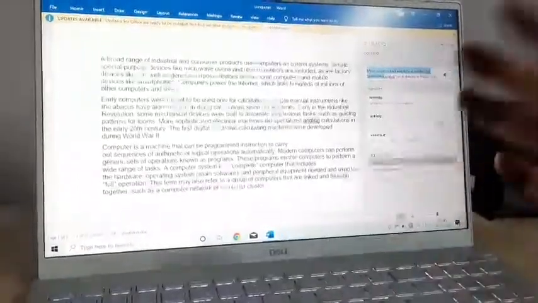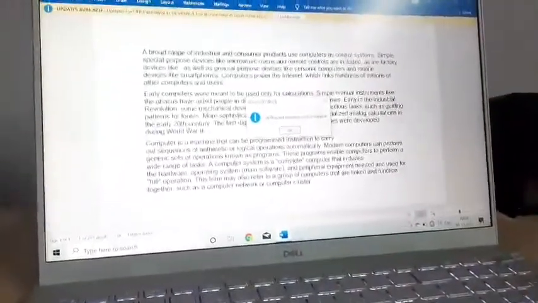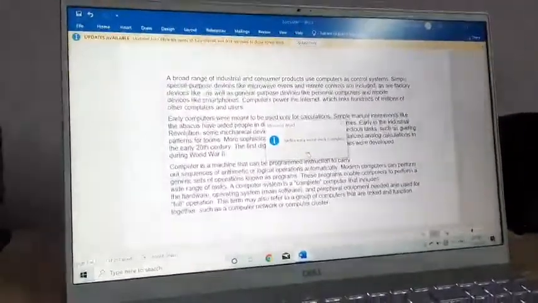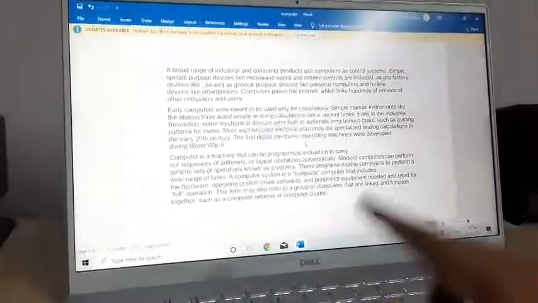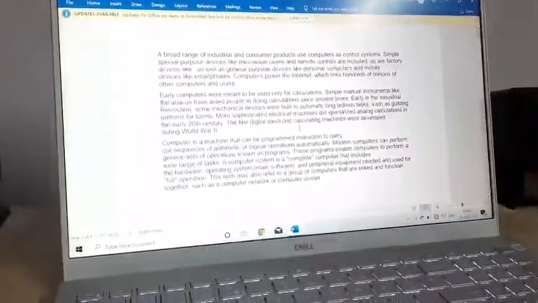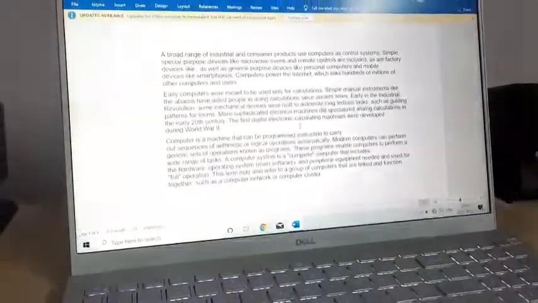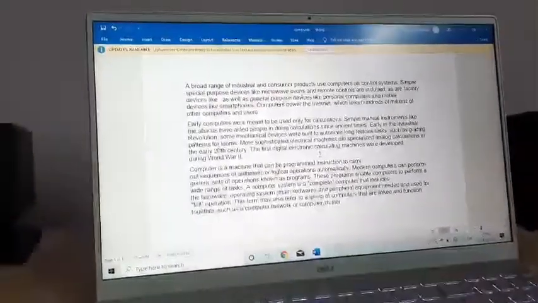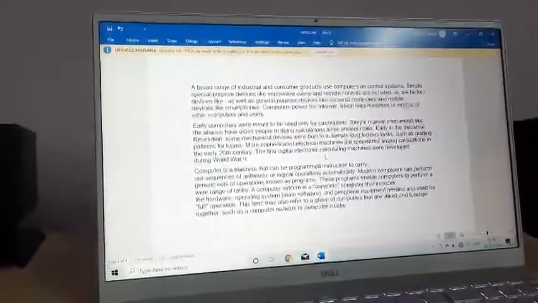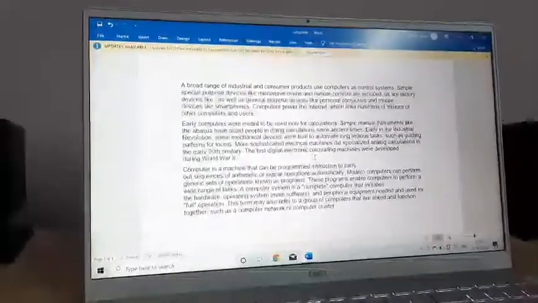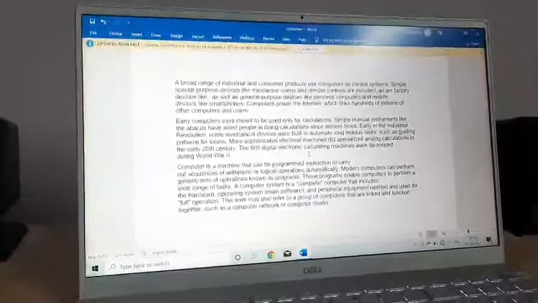So right now I will click Ignore All and it will show me spelling and grammar check is complete. See, automatically the red wavy line is removed. Okay, so this is how you can check the spellings of your mistaken words.